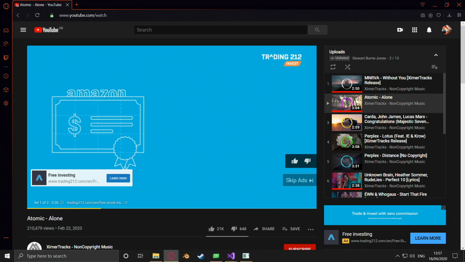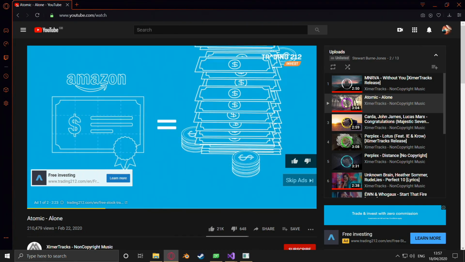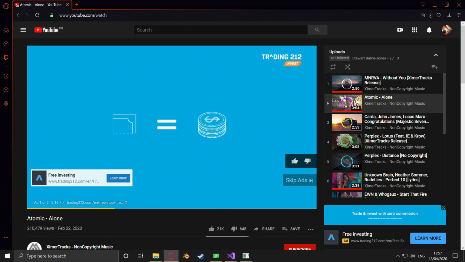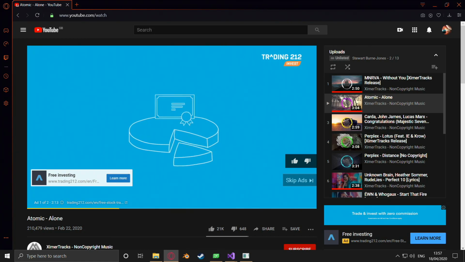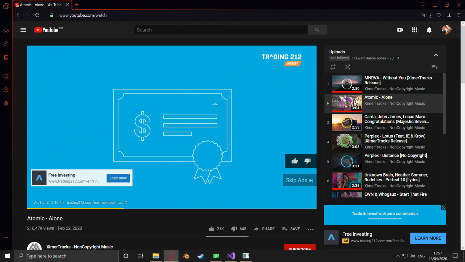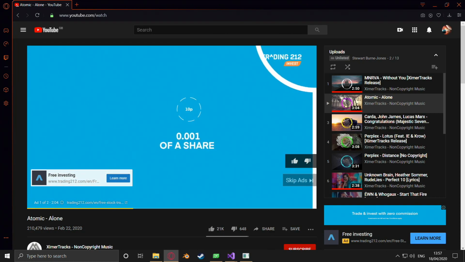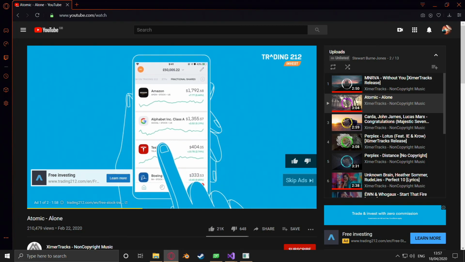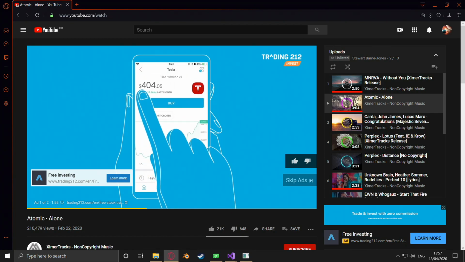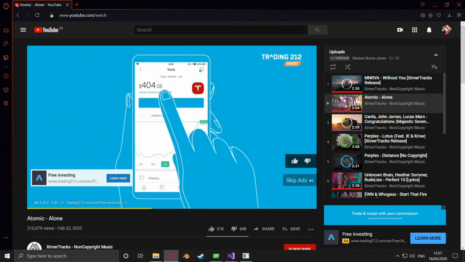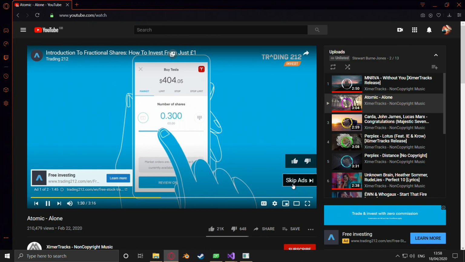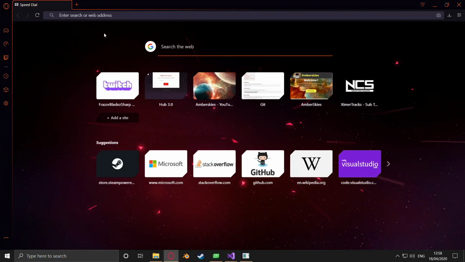If we buy one lone share of Amazon, for example, it will cost us more than £1,300. That's a fair chunk of change. Wouldn't it be nice then if you could buy just a portion of a share instead? Well, that's what fractional shares is all about. With any of the shares listed in the fractional shares tab, you can buy less than one share. You can even go as small as 0.001 of a share, provided you invest at least 10p. Let's give it a go by tapping on Tesla. We can see the share price is $404.05. And if we click on buy, we can now enter our number of shares. With a typical stockbroker, the minimum investment size